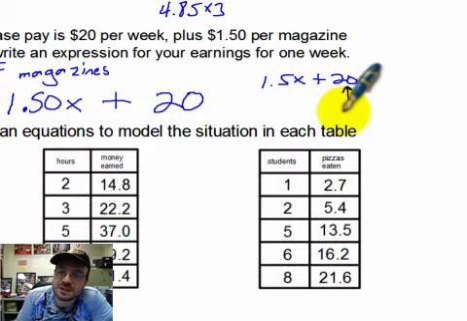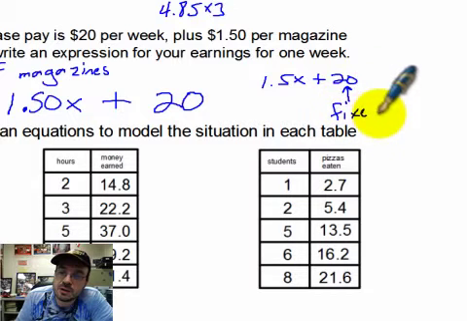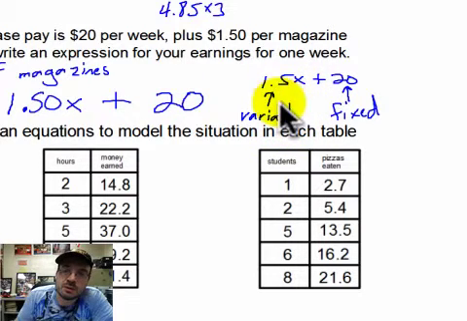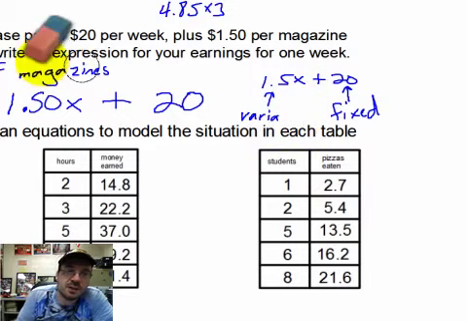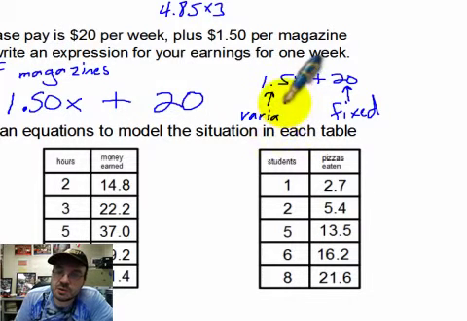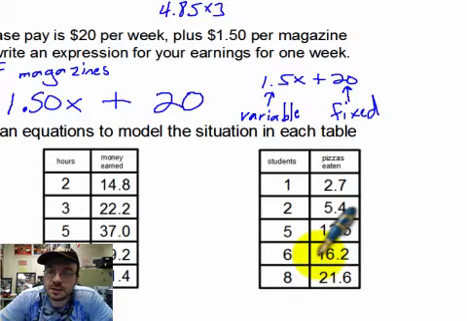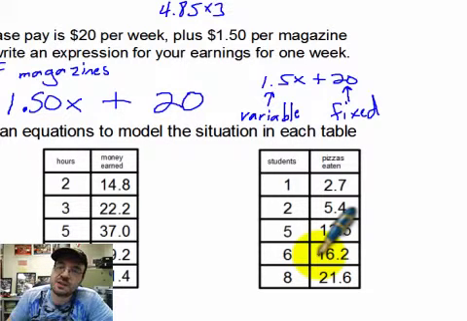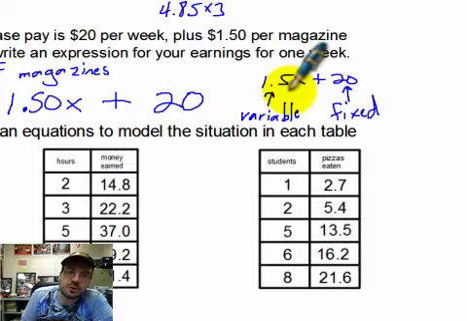Notice there is a fixed amount and there is a variable or changing amount. And later on, when we get to linear equations, we're going to see that a lot of times in certain expressions, you will have a fixed amount and you'll have an amount that changes, and this is how that's going to look. Okay,